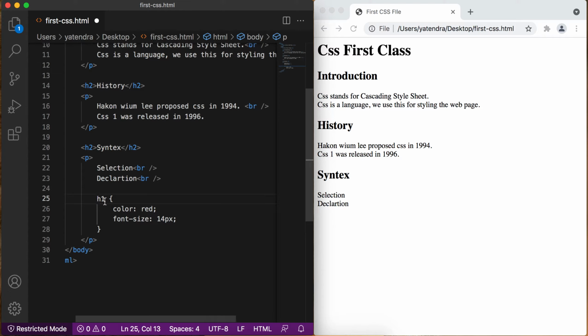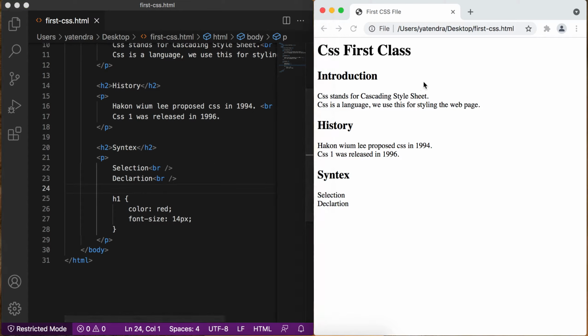There are multiple types of selectors available in CSS. We will discuss this in the next videos. And the second part is the declaration part. So this part is called the declaration part. Save this, refresh here, and you see this is the syntax having two parts, selection and declaration. And this is the selection part and this is the declaration part. Okay,